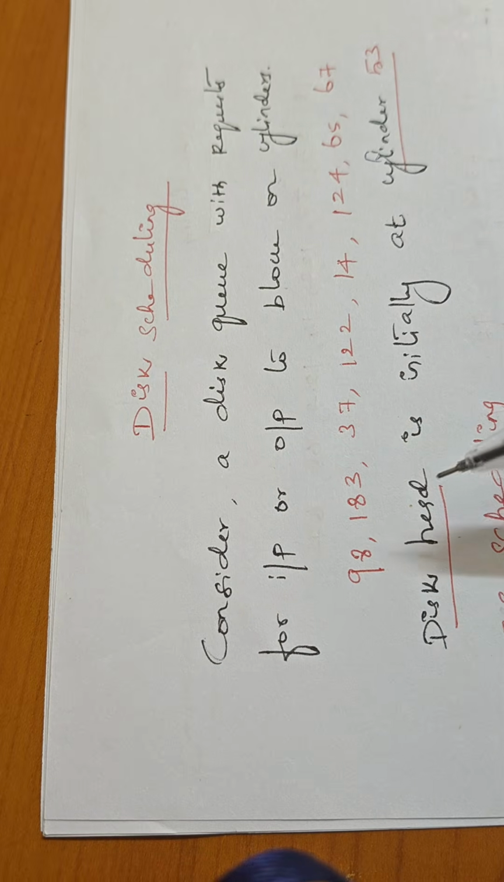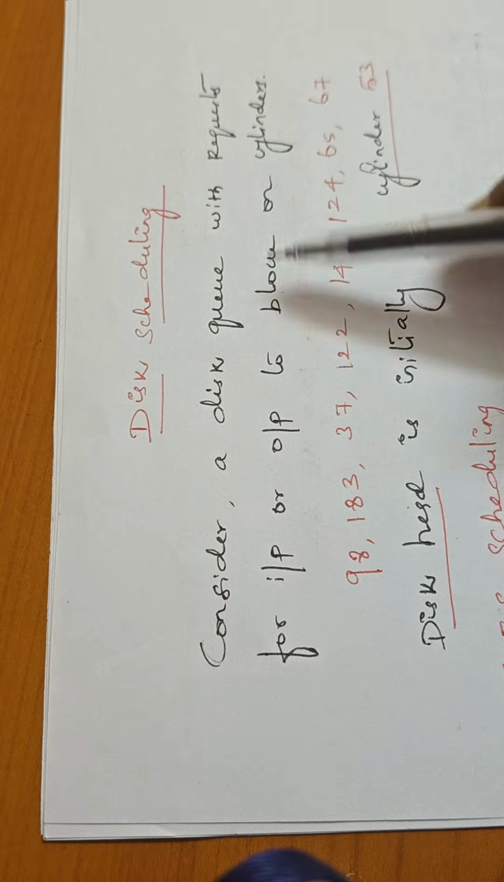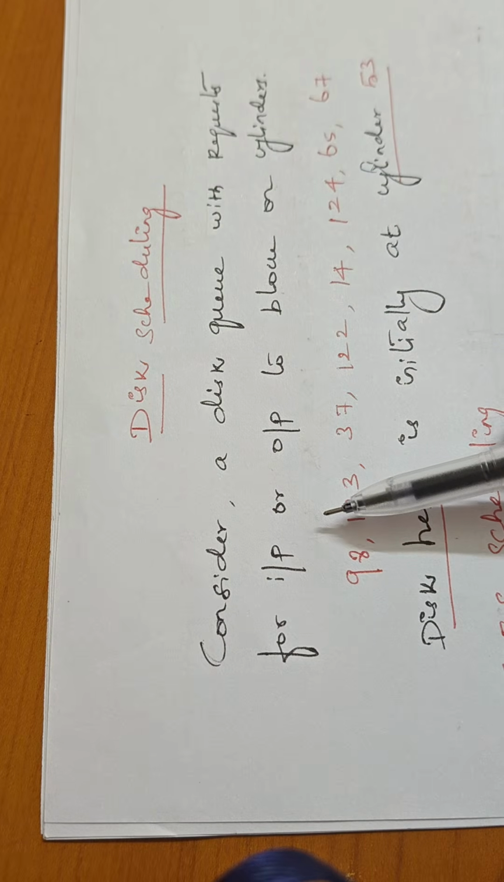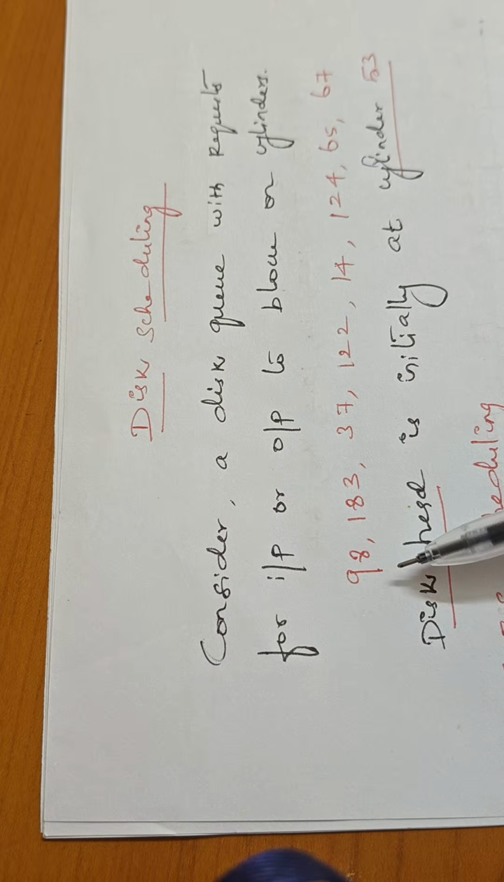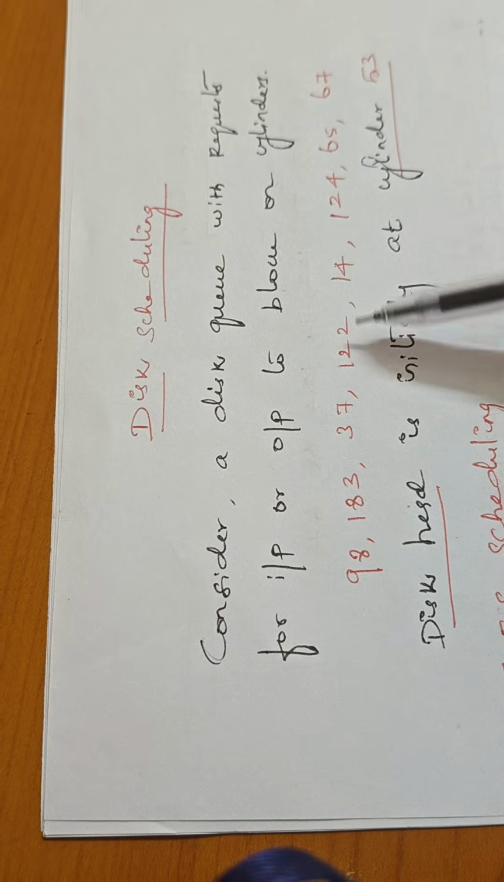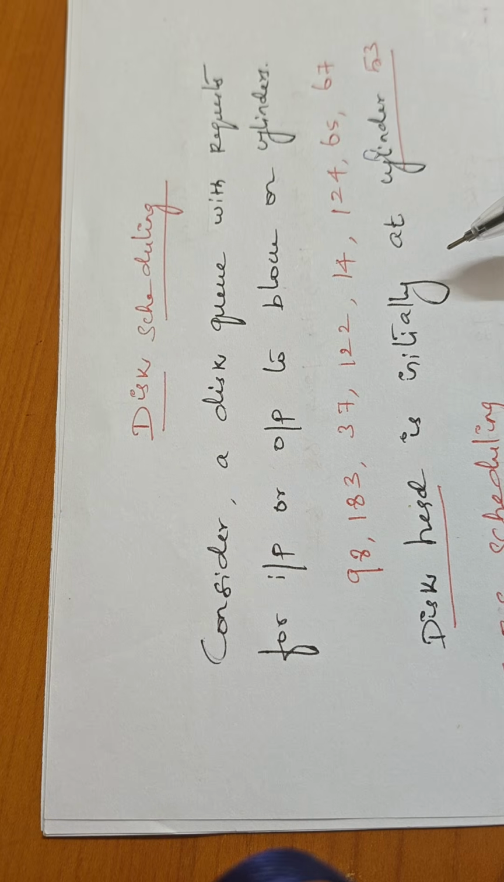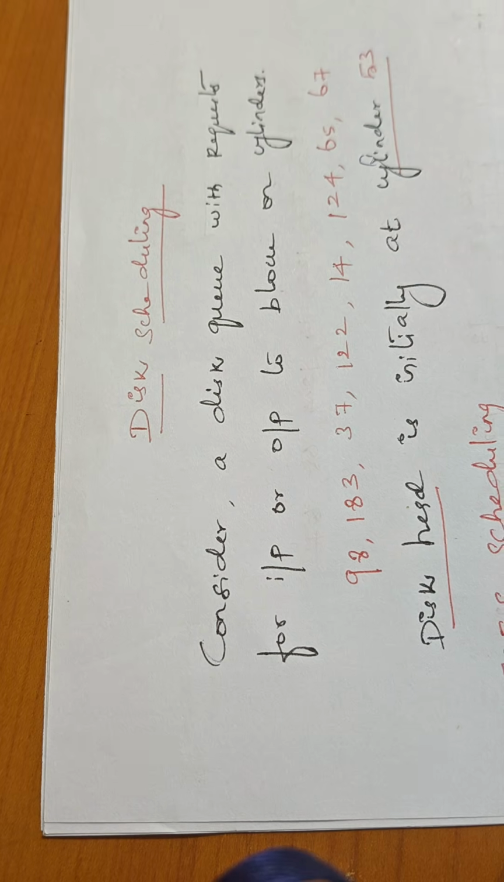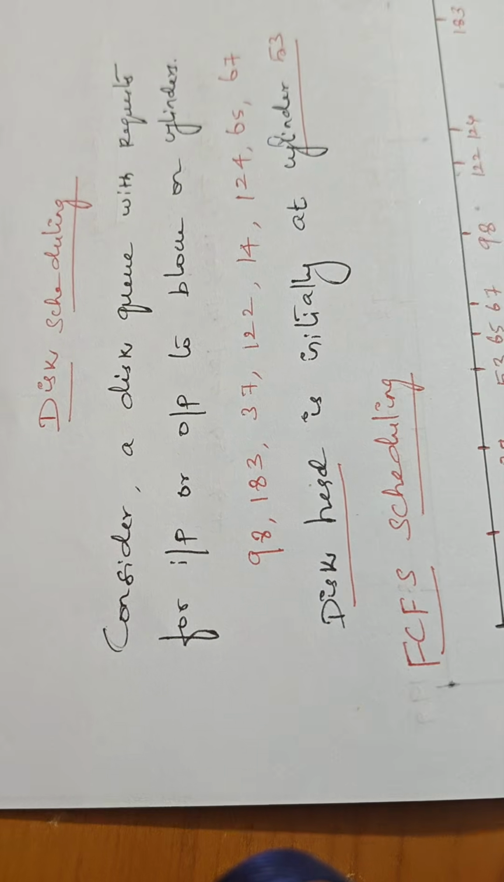So here let us work on the disk scheduling problems. The given disk queue has the requests for input for the blocks on cylinders, which is represented as 98, 183, 37, 122, 14, 124, 65 and 67, and the initial disk head is positioned at cylinder 53. In order to do that, we have various disk scheduling algorithms, out of which the first one is